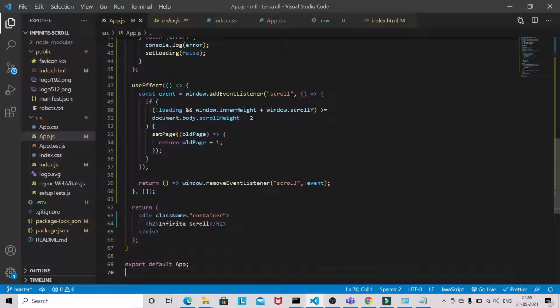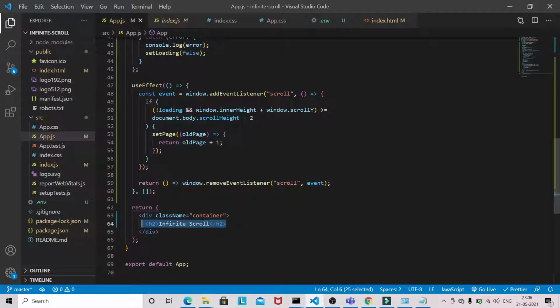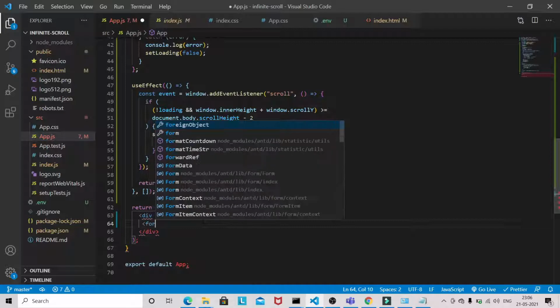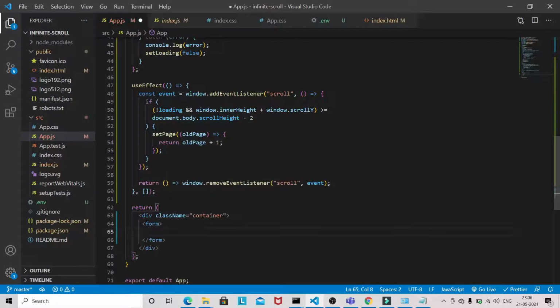Okay, so let's start working on the UI part. So I will remove this one. So here we need a form, okay, because we have one input field.